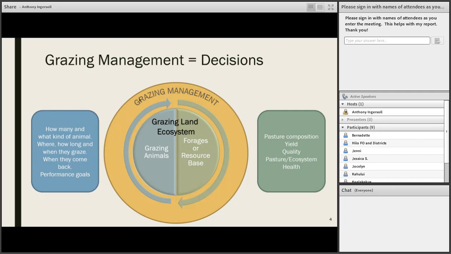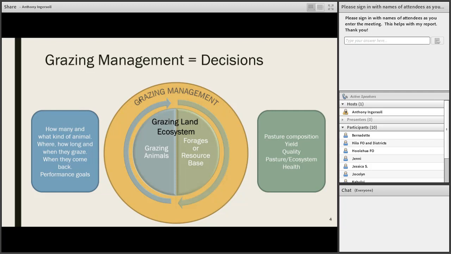It's really about a lot of different things, including how many and what kinds of animals are being grazed, where and how long and when they graze, and when they come back to that same area. All of that has the potential to influence the pastures, the forage side of the equation, the pasture composition, the yield, the animal's performance, the environmental health, all of which influences how many and what kinds of animals can graze again. So it's this real cyclic, holistic,